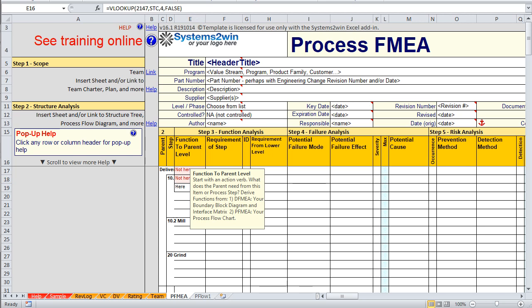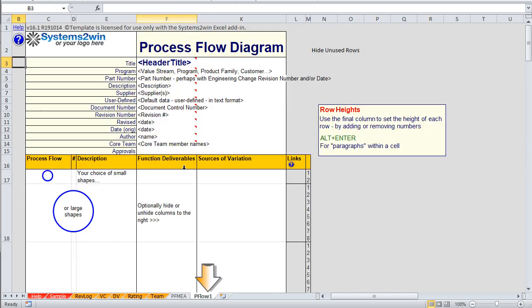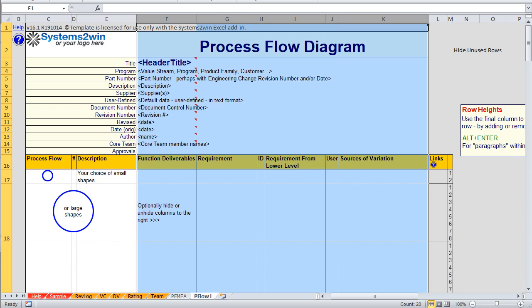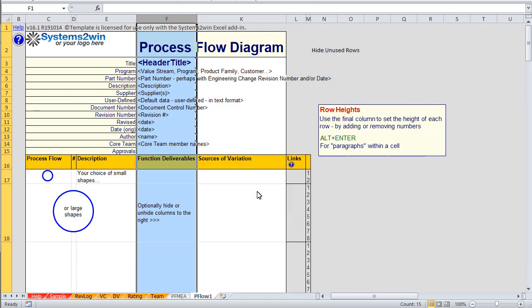And the pop-up help tells us that the function to the parent level is usually derived from the process flowchart. And remember that on the process flowchart, you could unhide those optional columns to have something closer to a one-to-one correlation with the columns in the FMEA, but usually not.